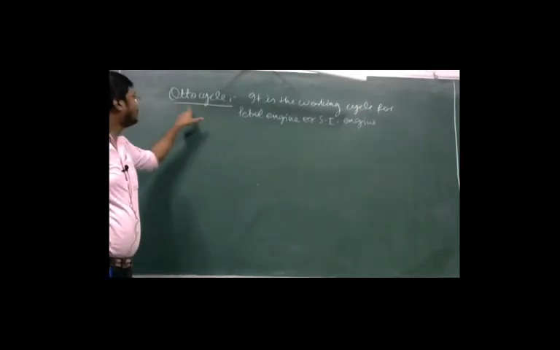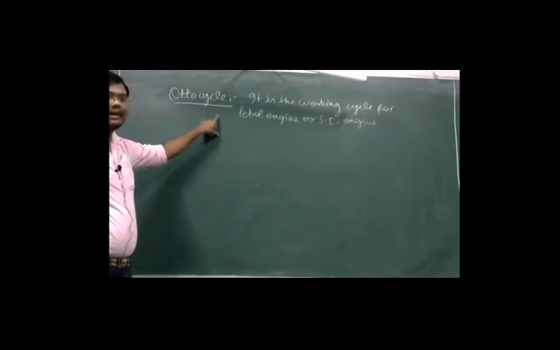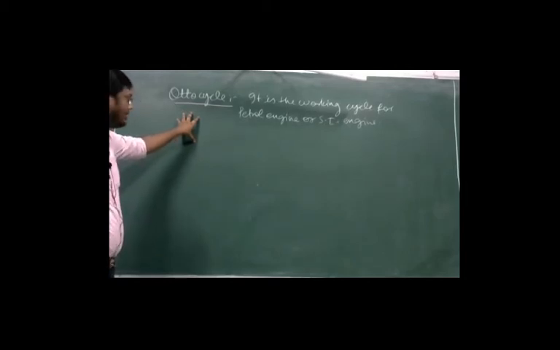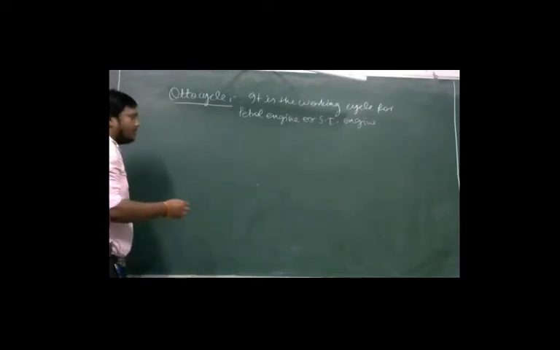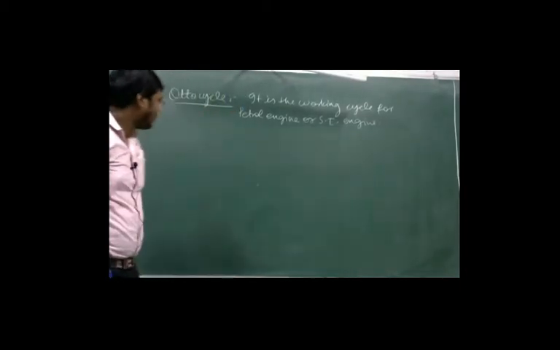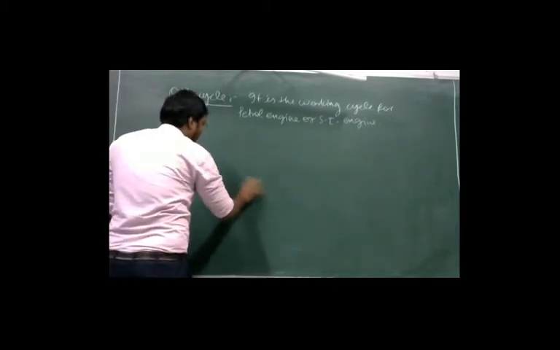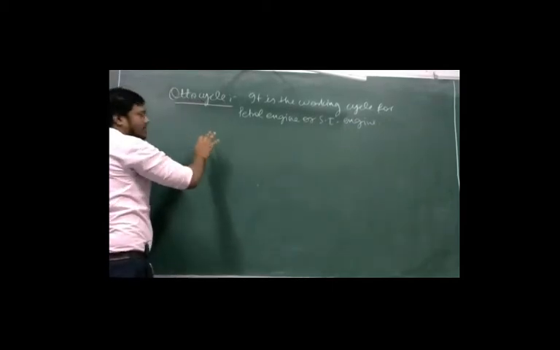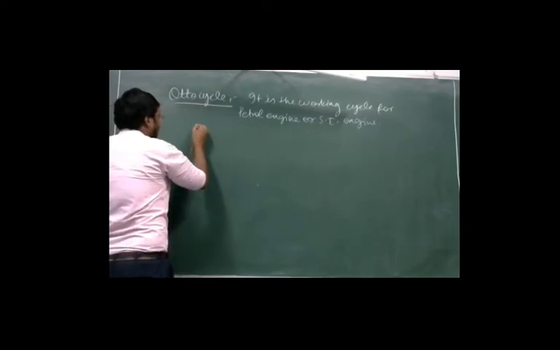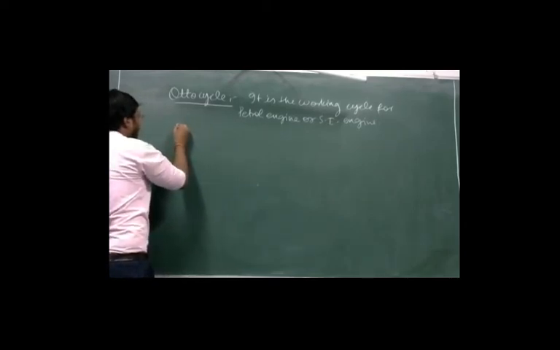So we are going to show this Otto cycle on a PV diagram and a TS diagram. Okay. So we are going to draw a graph, a graphical representation on XY coordinates. X coordinate is represented by pressure and Y coordinate is represented by volume. Okay. So first of all, I am going to draw the basic structure of the IC engine. We have seen that earlier.